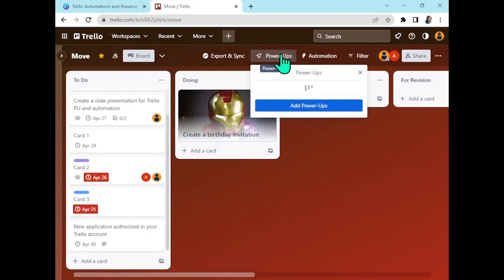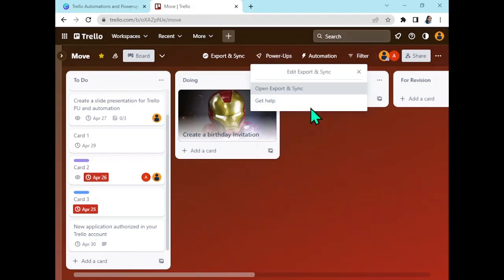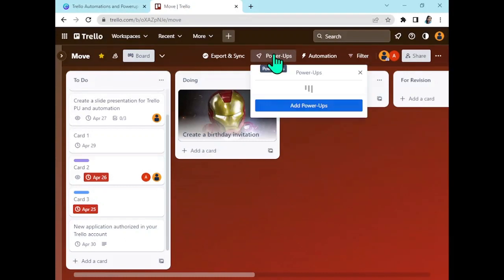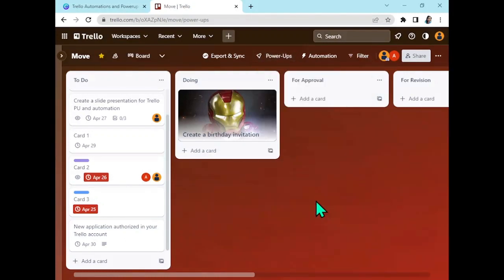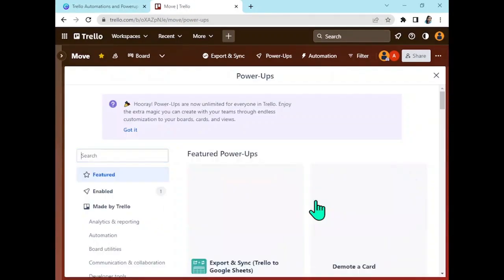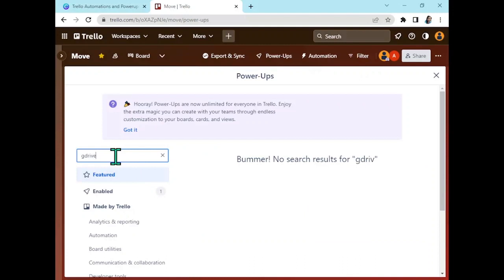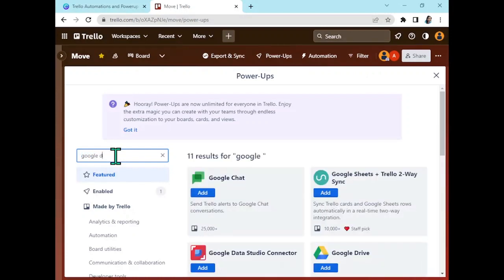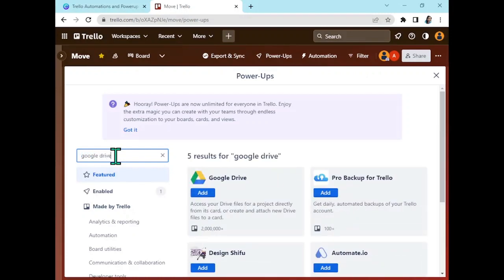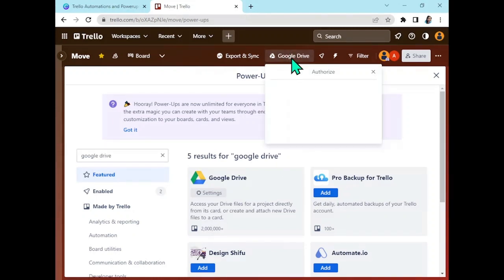So again, let's go to our power ups page. Oops, sorry about that. Power ups, and then add power ups. Okay, and let's search for G Drive. Bummer. Sorry, no search results for G Drive. Should be Google Drive. And let's hit add. See, there's an additional button here, which is Google Drive. Let's click that